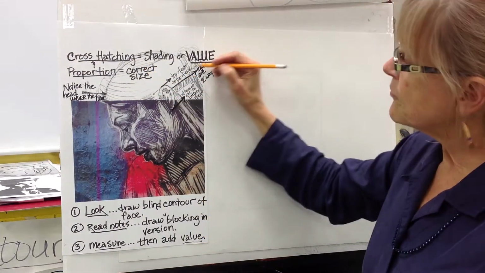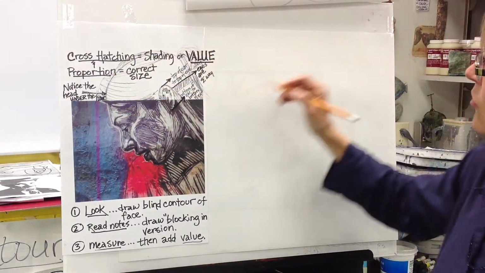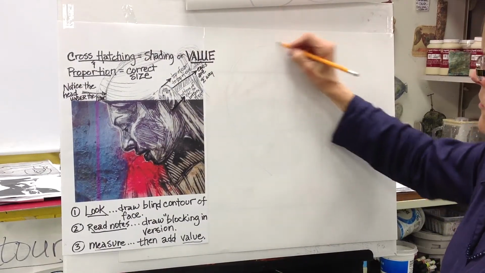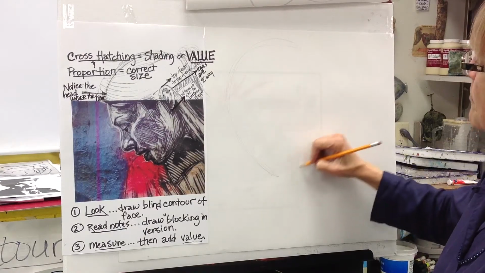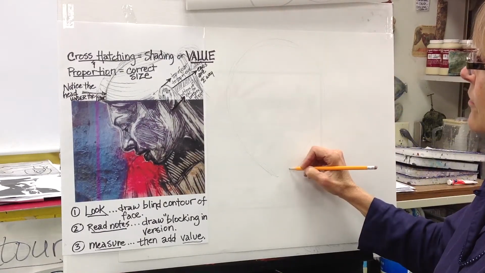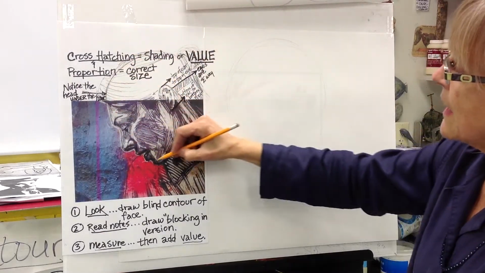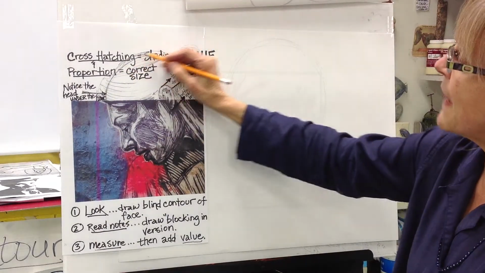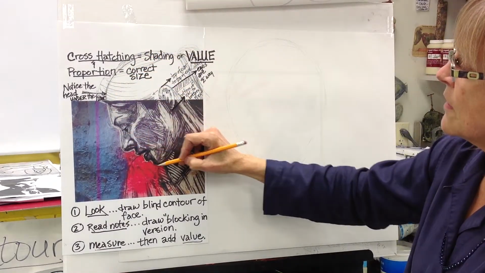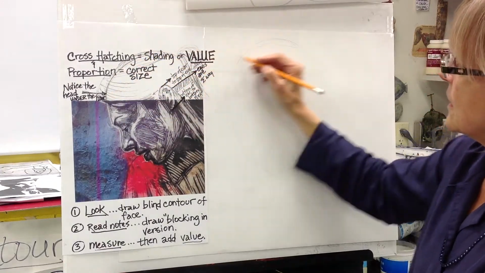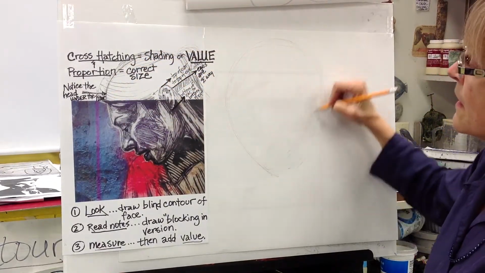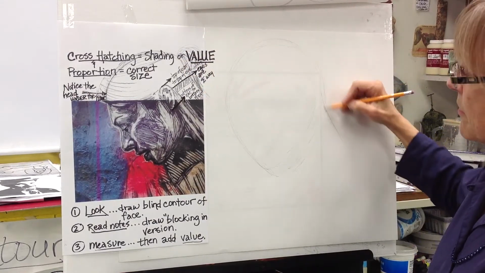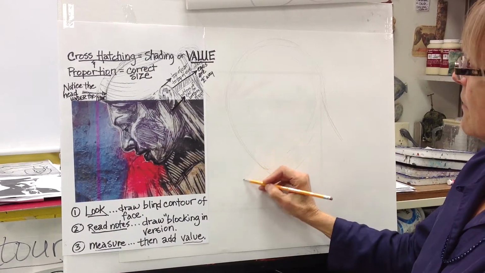All right? So the first thing I'm going to do is to draw really big so that I can get the big measurements in first on my head before I worry about any details. And the shape of the head is kind of an egg shape, especially from the side. It's a little bigger in the back, if you notice, than the front, as far as thickness back here. And then we have the neck coming off the side here,